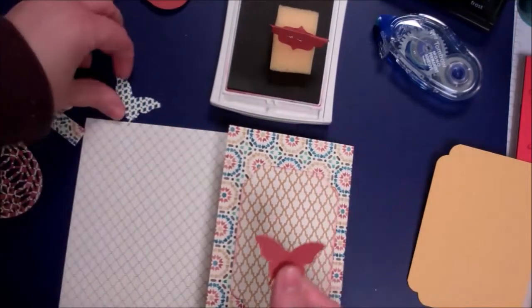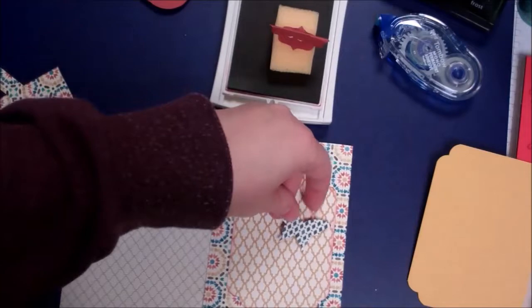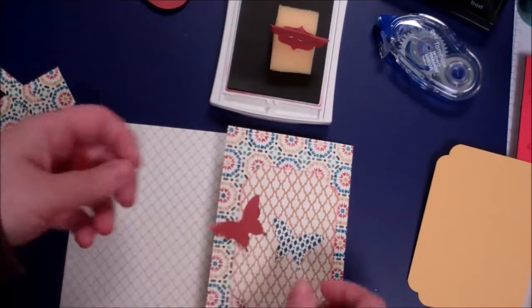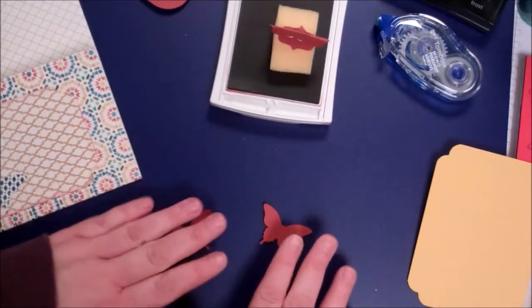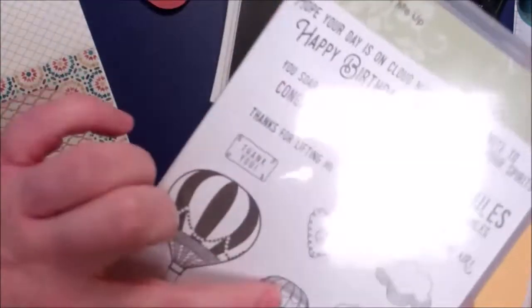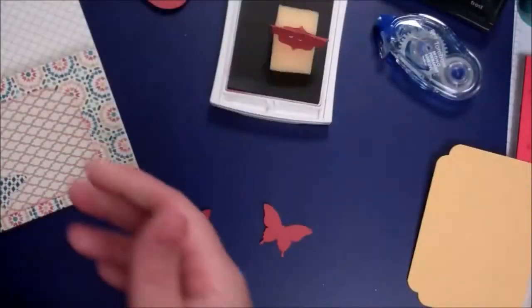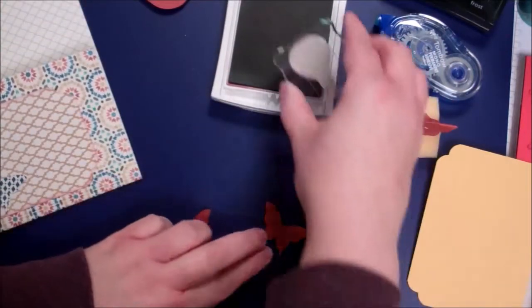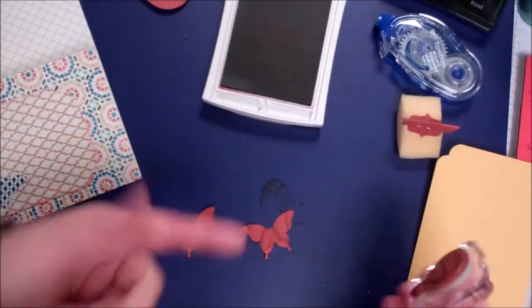That's just a couple steps up from your average, and this isn't even that difficult. So on my little butterflies here, I've got 3. Got the blue pattern paper from that same set, and I have 2 of these Cajun crazes, and I am going to go ahead and stamp on these guys because I can't just leave them bald. So I'm going to get this balloon out of there, Cajun craze, and I'm going to stamp off on that. And I'm just going to create pattern